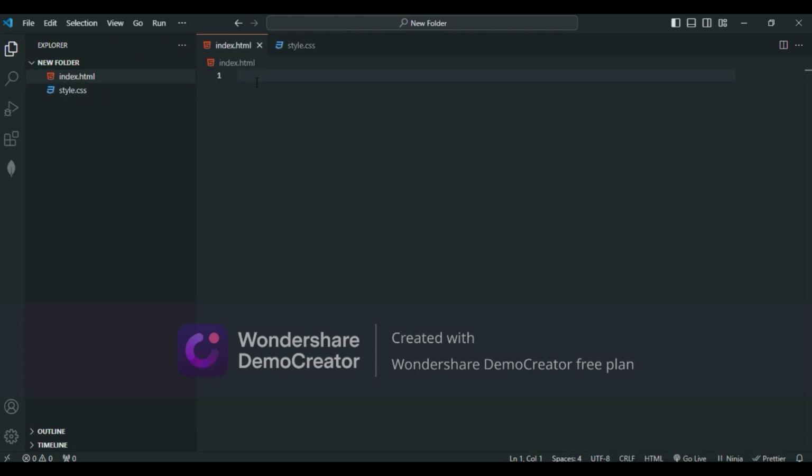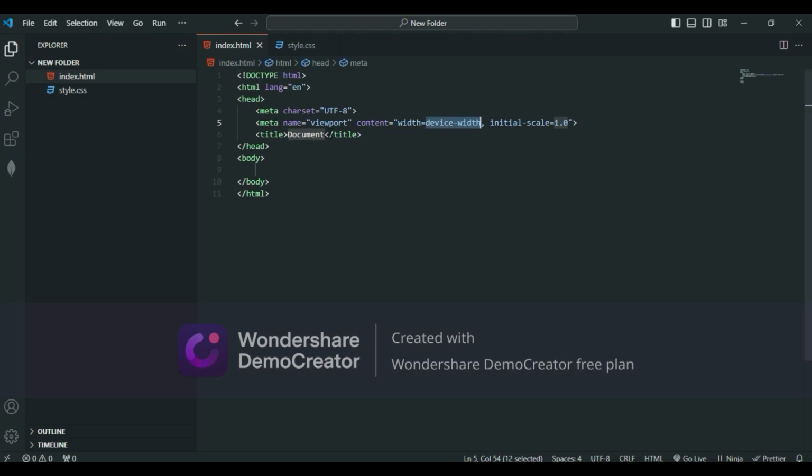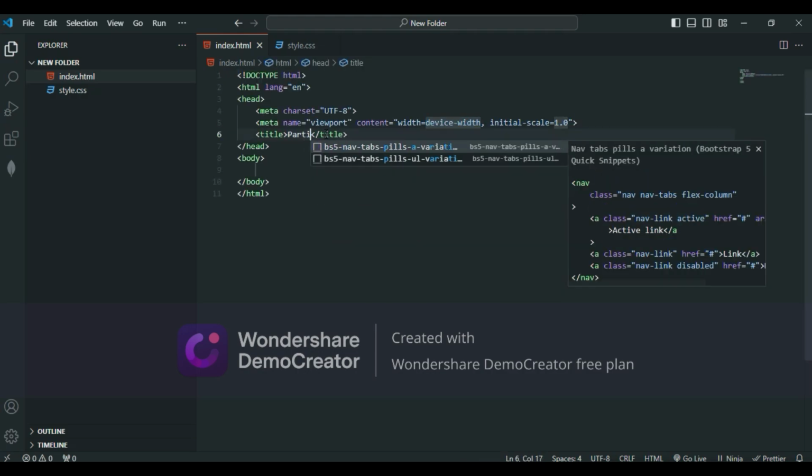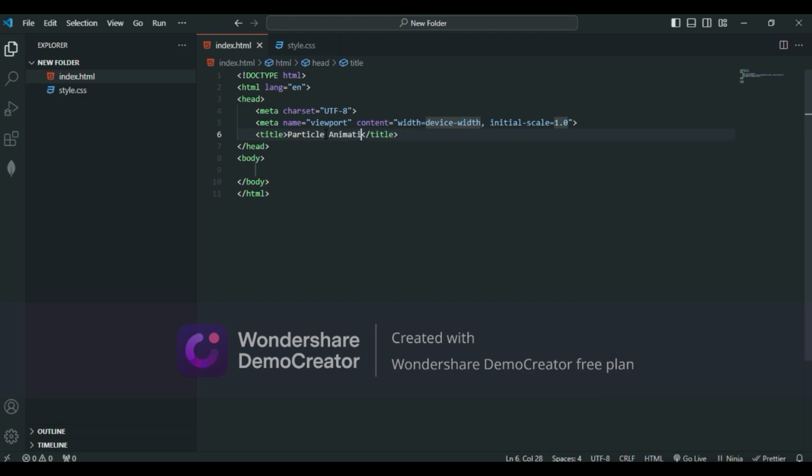So here I'll come to index.html and I'll create the very basic HTML template and give the name particle animation. Let me link the style sheet and give the path style.css. Next, what I'll do, I'll just give this is going to be the parent div. Let me give ID of